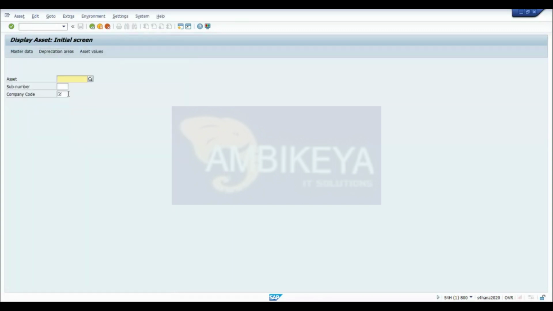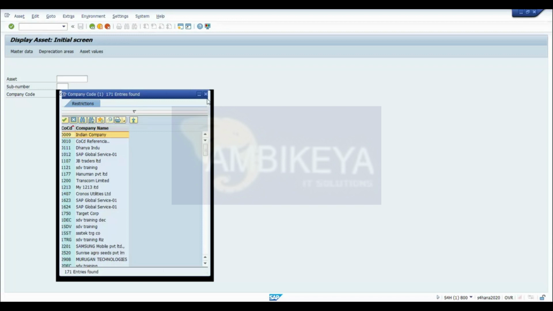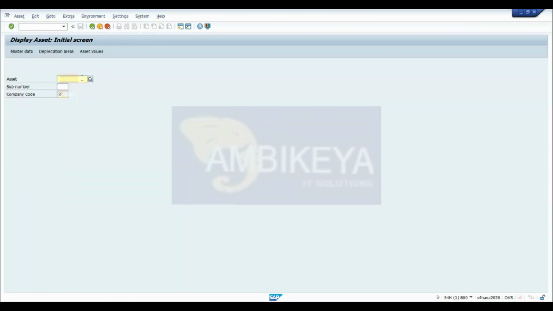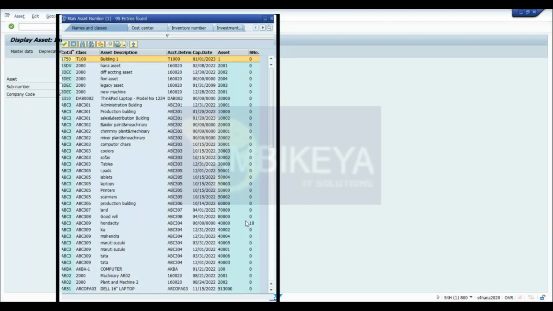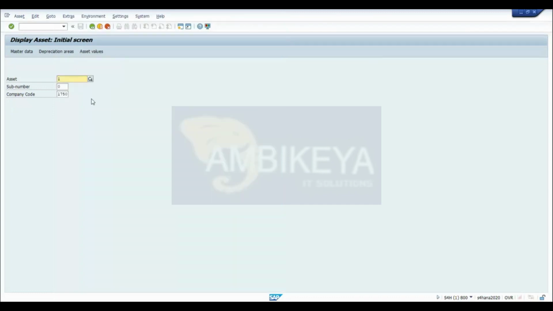Go to drill down. Not company code, select drill down asset. Okay, cancel it. Select asset. Press enter, don't fill anything. So show me the company code. Say 1750. Okay, so under 1750,